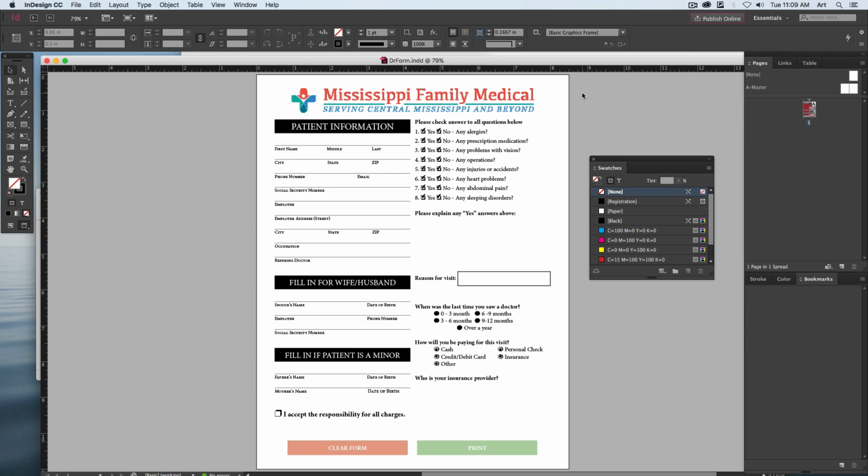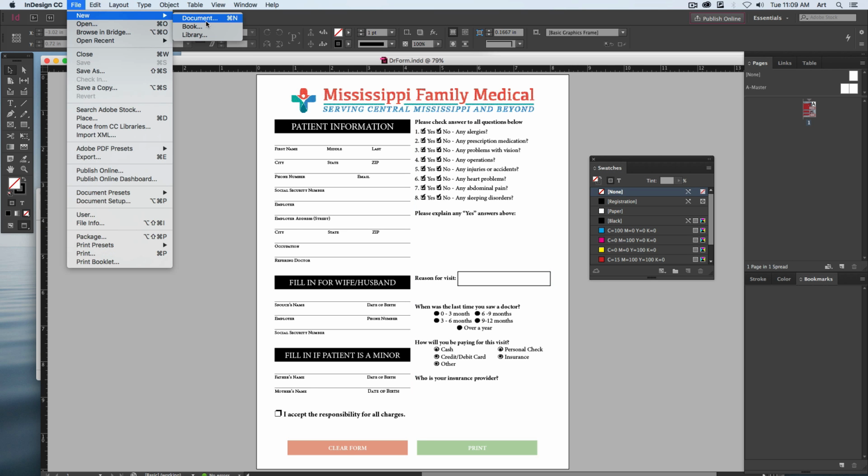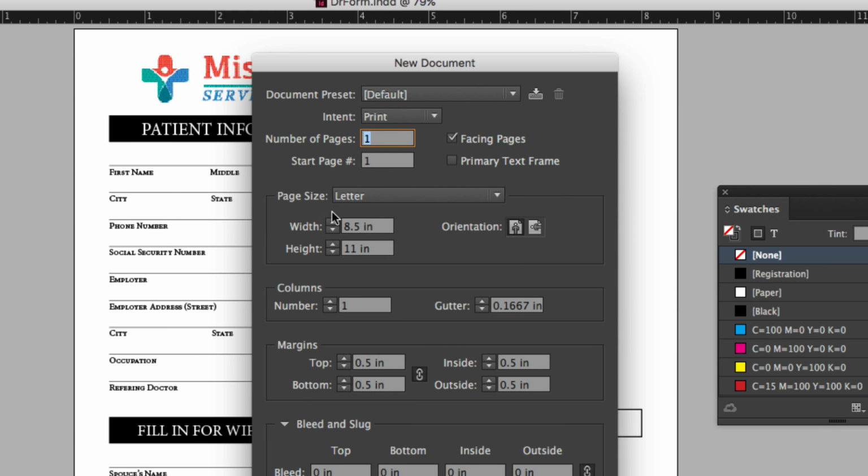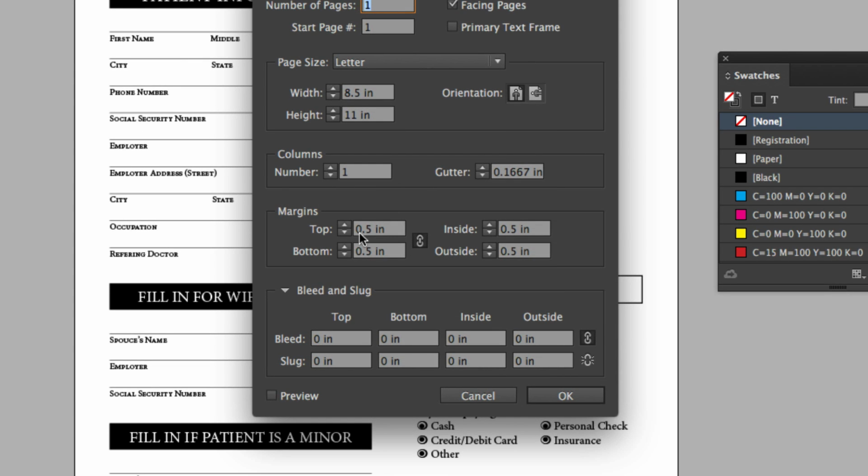For this exercise, we're going to create an interactive PDF form. To do this, everything is going to be created in InDesign. So, to set it up, let's go to File, Create a New Document. We only need one page, and the size of it's going to be a regular letter size, 8.5 by 11. However, we do want to set the number of columns to 2 with a gutter of 1/8 of an inch,